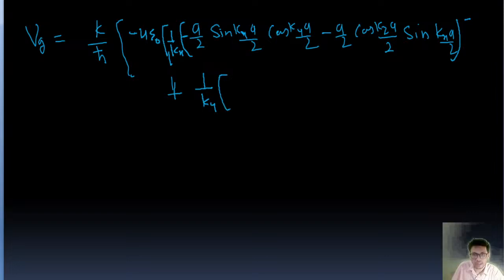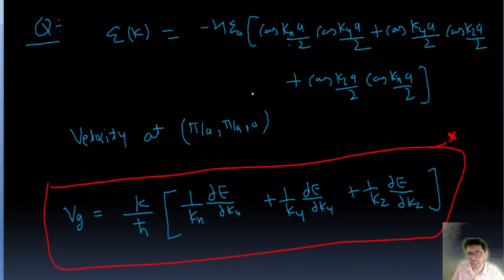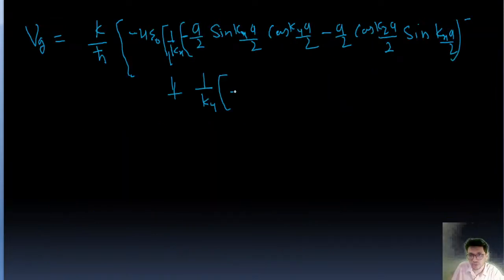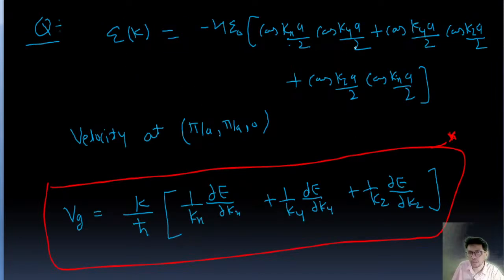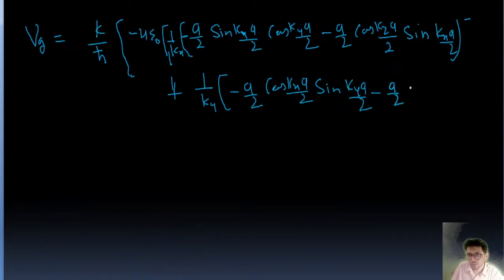1 by ky. Now this one, del e over del ky. Del e over del ky means we'll differentiate this with respect to ky. This term is going to be minus a by 2 cos kx a by 2 sine ky a by 2, right? This is going to be minus a by 2 cos kx a by 2, and the differentiation of cos ky a by 2 is going to be sine ky a by 2, minus we have already taken. Now this term is going to be 0 because we are differentiating with respect to ky. So here again minus a by 2 sine ky a by 2 and cos kz a by 2,